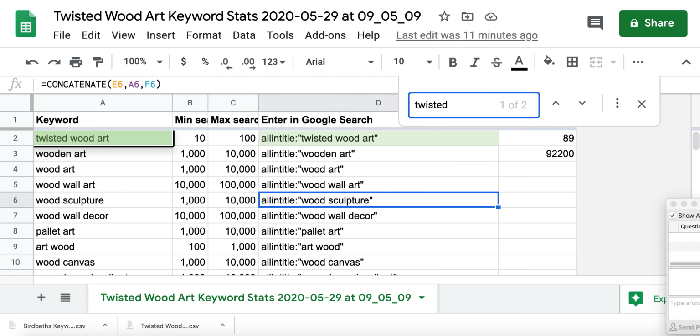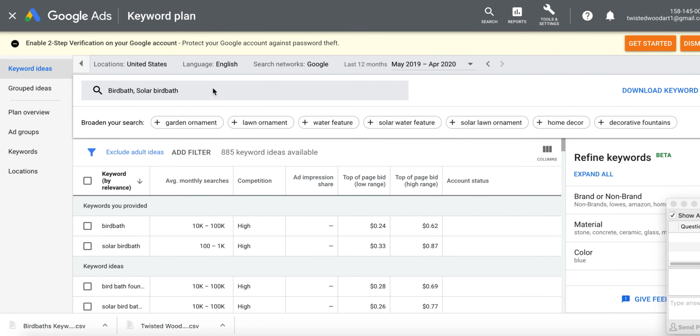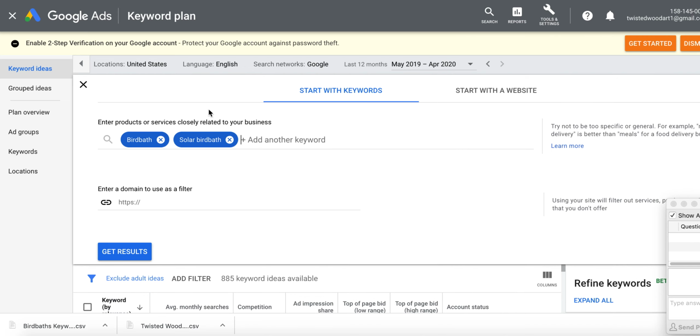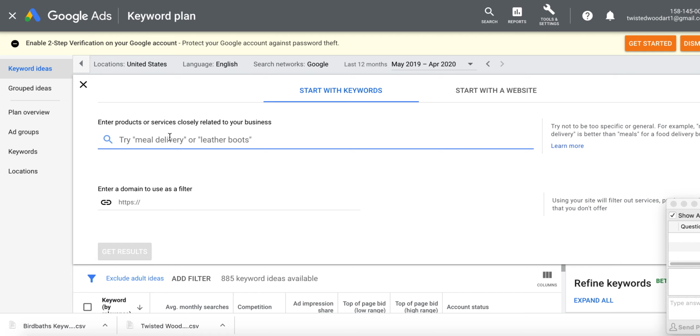So I might go back in here and do a new search now and try to get more twisted wood art phrases. So I could put in twisted wood art, twisted wooden art, whoops, spell it right,